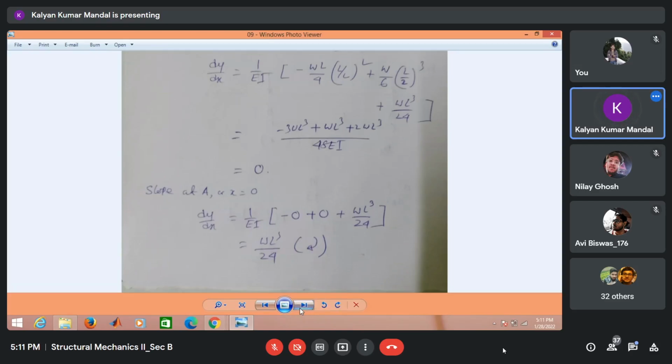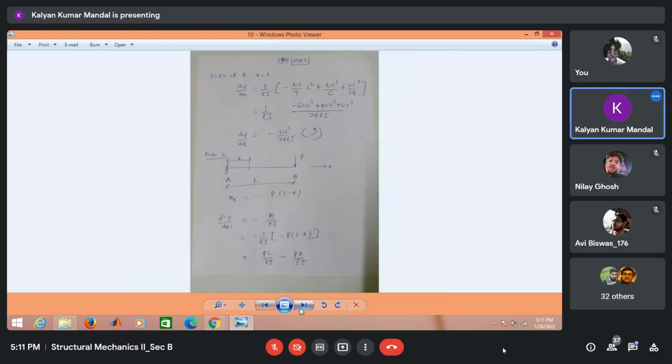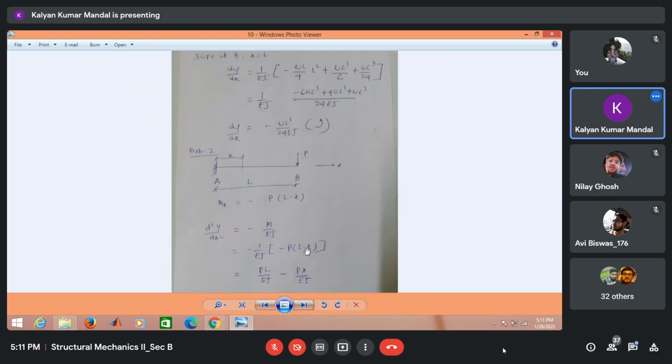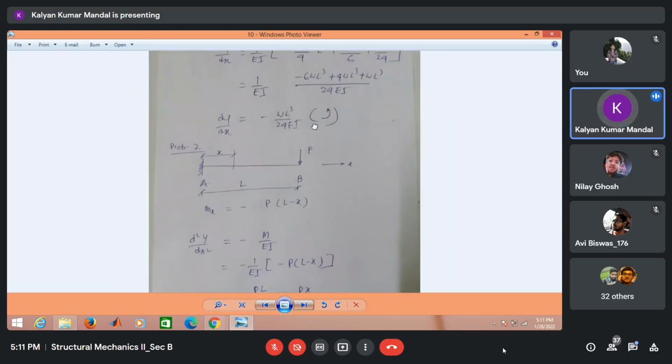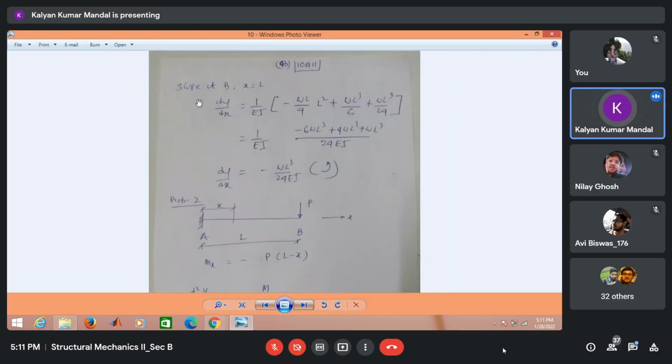Similarly, the slope at point B can be obtained by putting x equal to L in the expression for the slope, that is dy/dx is equal to 1 by EI times minus wL by 4 L squared plus wL cubed by 6 plus wL cubed by 24. If we simplify this, we get the minus wL cubed by